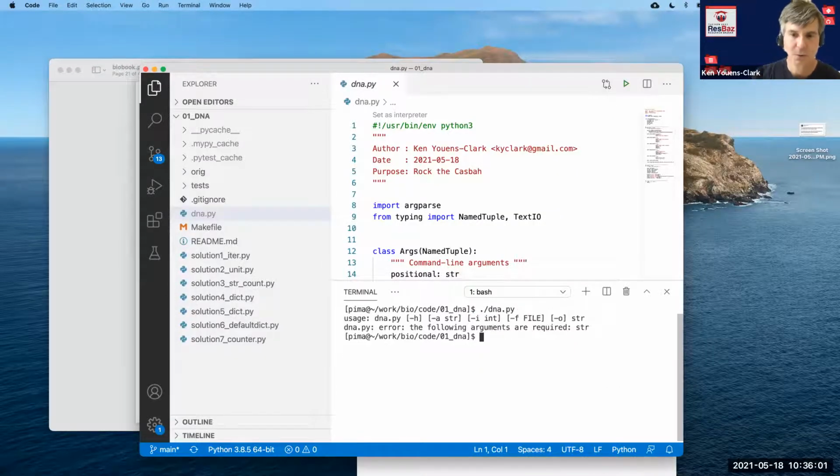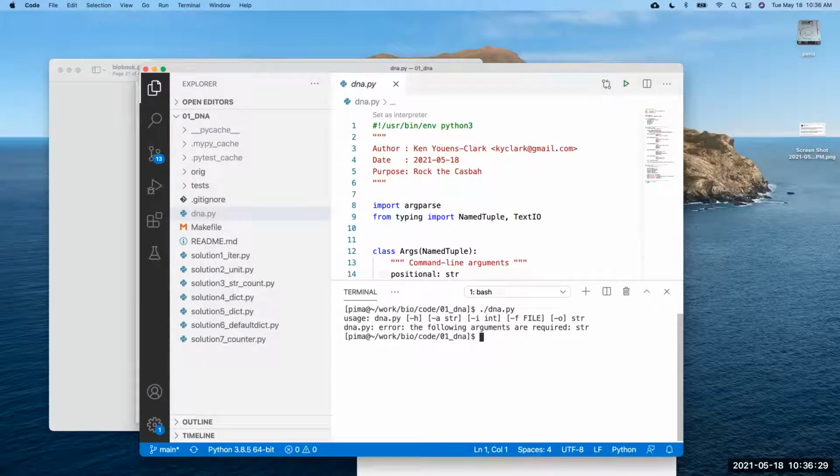It gives me this usage, and it says, okay, right now this program accepts -a something, -i something, -f something, -o, and then also str. So just a little bit of information here about this usage that we're looking at. The arguments that are in square brackets, that is like a metacharacter telling you that these are optional arguments. So they're options. Some of them take a value.